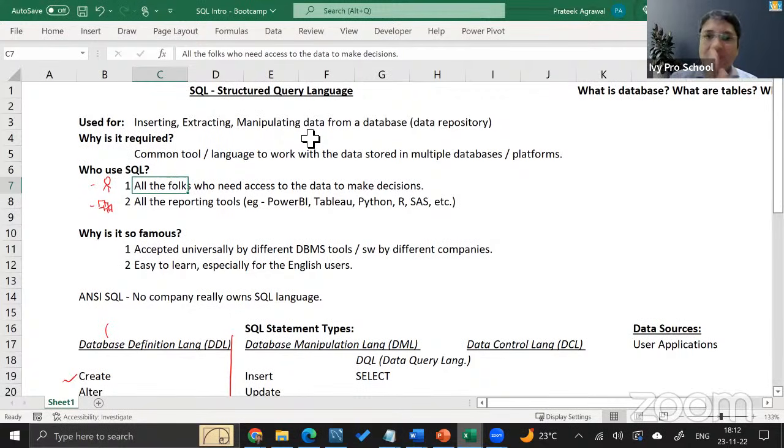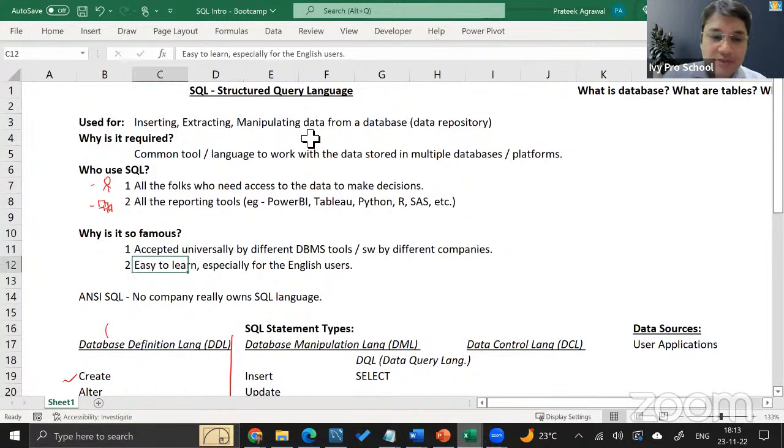It's one of those common languages. SQL, and I would say Python, are very, very commonly used across all phases of the data pipeline. So it becomes extremely important to know SQL very well if you want to work in any of the phases of the data pipeline, especially if you want to work as a data engineer. So it is accepted universally. That's one of the reasons why it is famous.